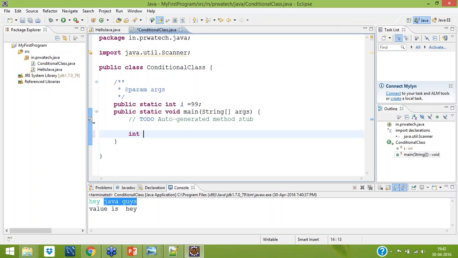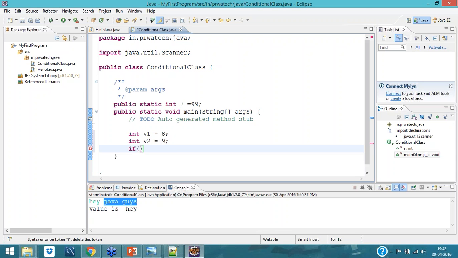So let me write int v1 is equal to 8, int v2 is equal to 9. This is an if condition, and I'm showing how to write it.